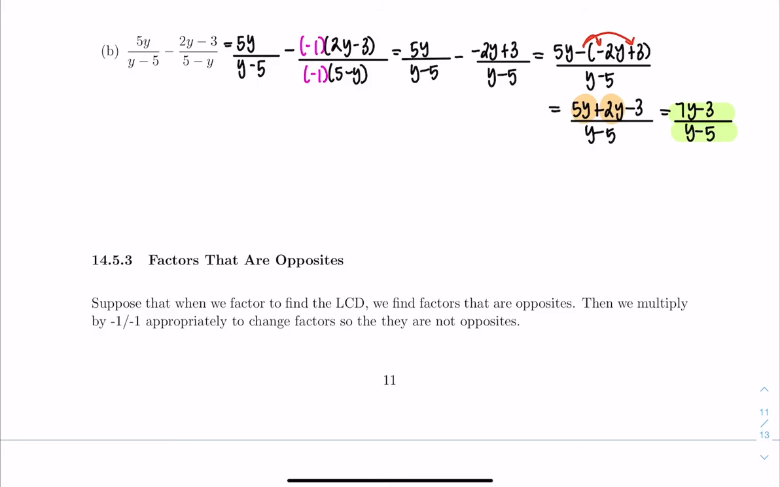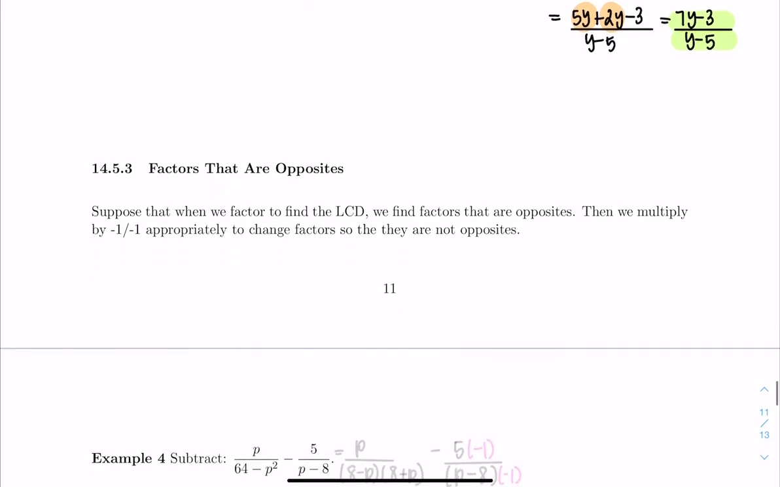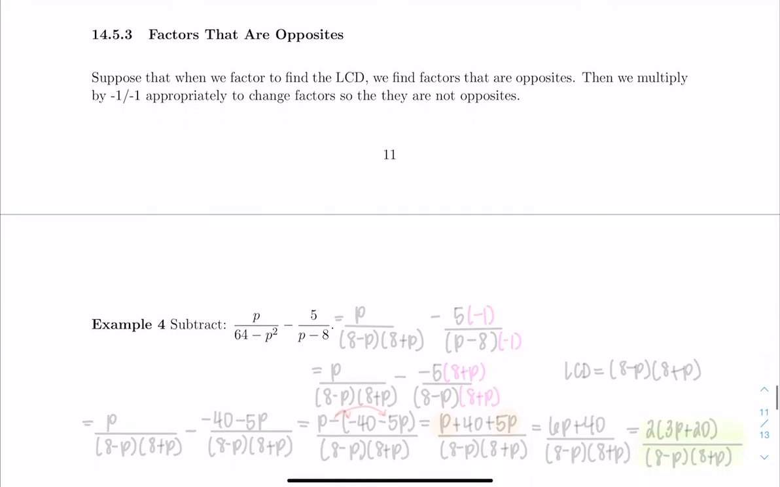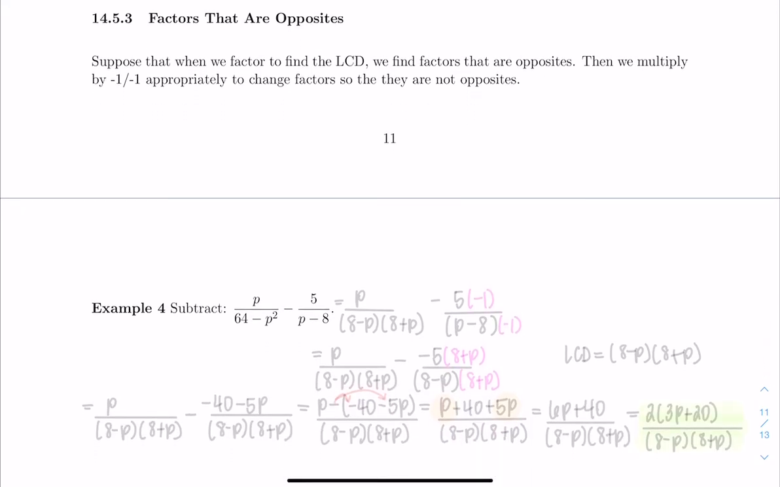Same idea goes for factors that are opposites. So we always want to make sure we factor to find the LCD. And if we do have opposites, we can multiply by that -1 over -1. So looking at p over 64 minus p squared minus 5 over p minus 8, let's go ahead and factor the denominators first. So we have p over, this is a difference of squares, and it becomes 8 minus p and 8 plus p